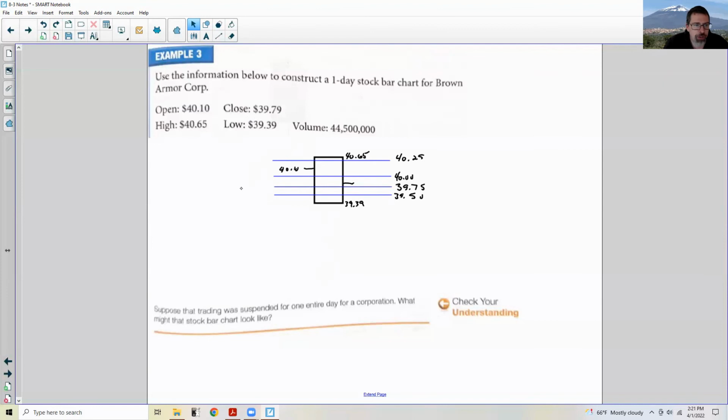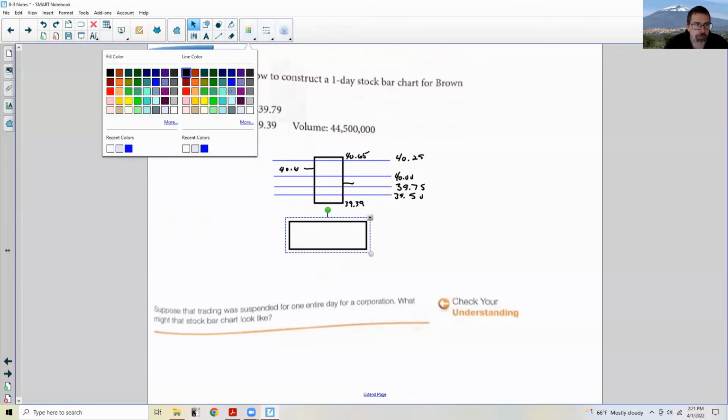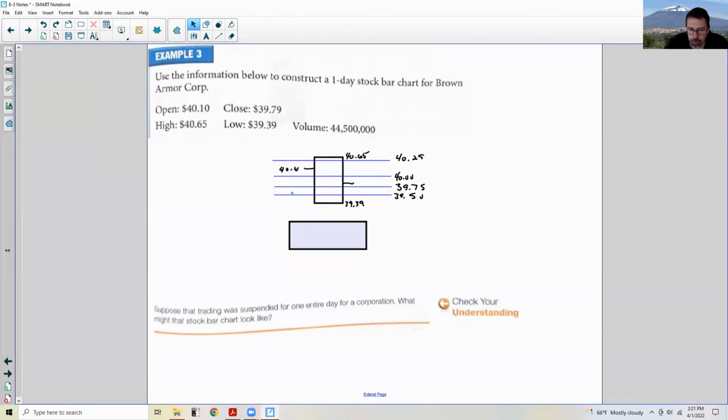And then we want to do a volume chart down below. So the volume bar is going to be another box, and these could be filled in. I could shade these like so. They didn't say what date it was, a one-day stock bar. All right, so the volume is 44,500,000. So if I draw a line like so,